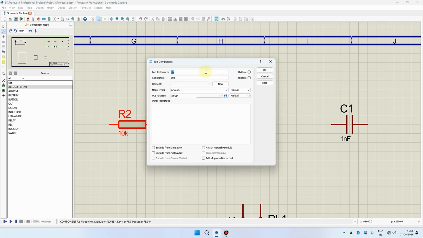And in this edit component properties tab, you can clearly see it has several parameters that you can vary. First one is the part reference, second one is the resistance value of a resistor, third one is the model type, whether it is analog or digital, and fourth one is the PCB package. And there is a tab called other properties where you can mention other properties if it is really required for